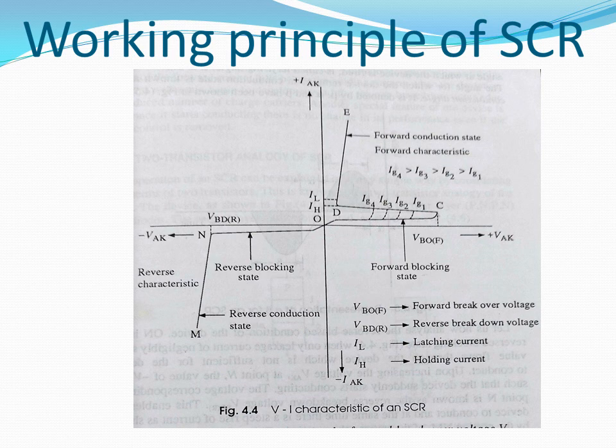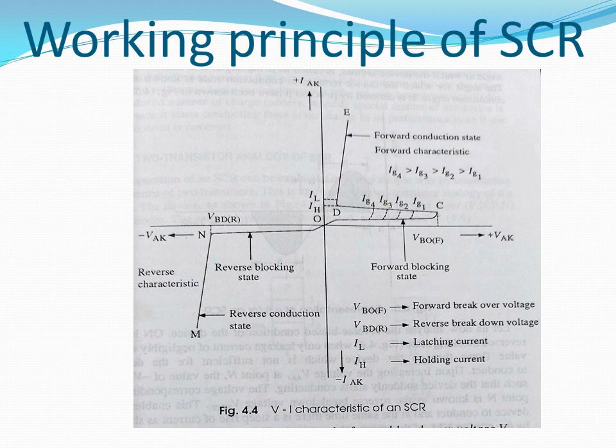The junction J2, because of the presence of the depletion layer, will not allow any current to flow through the SCR. Only a leakage current of very small magnitude flows through the SCR, and this current is not sufficient to make the SCR conduct. So the SCR under forward biased condition does not conduct, and this state is called the forward blocking state or off state of the SCR.